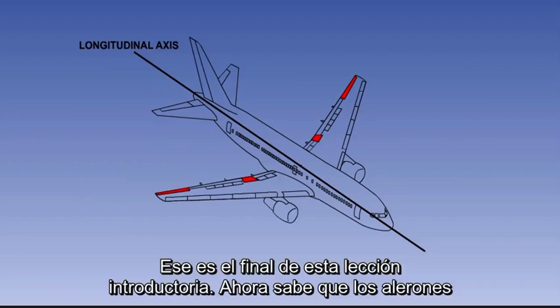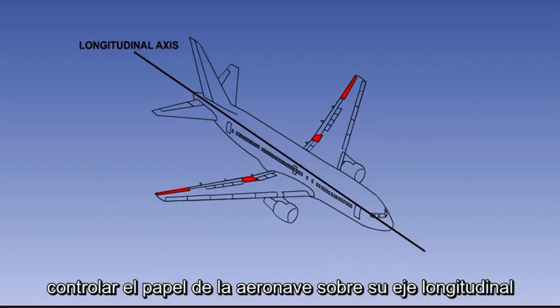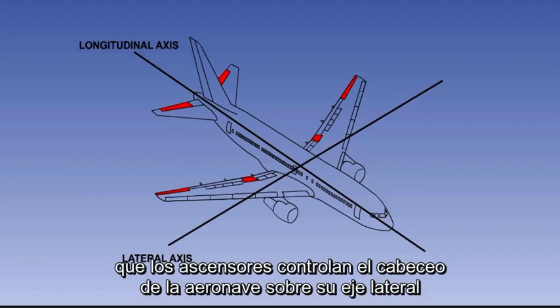That is the end of this introductory lesson. You now know that ailerons control the roll of the aircraft about its longitudinal axis, that elevators control the aircraft's pitch about its lateral axis,